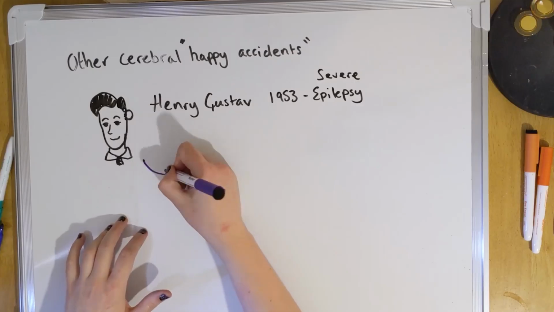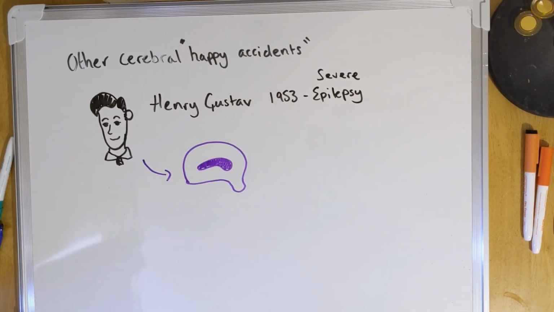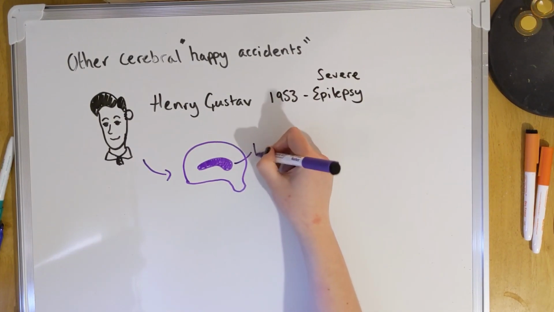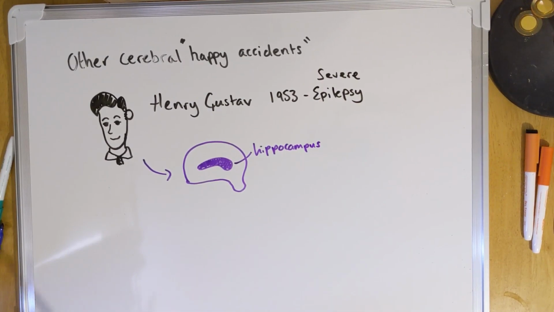Now, as treatment for his epilepsy, Henry went to some very drastic measures, and he had some surgery that actually removed both halves of his hippocampus, which is another region of the brain in the middle. Your hippocampus is part of your midbrain, and at the time they didn't know what that region of the brain did very well. After he had this part removed,